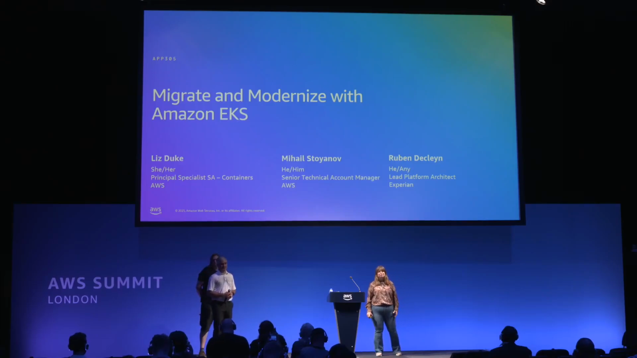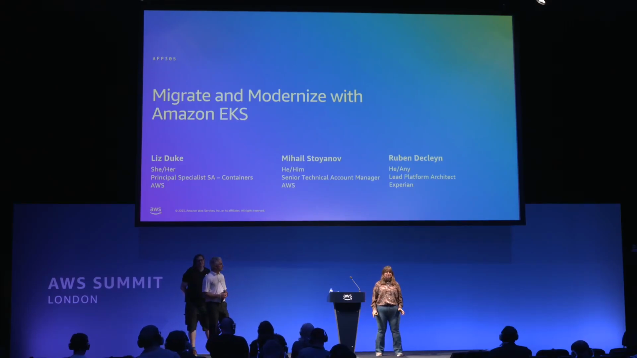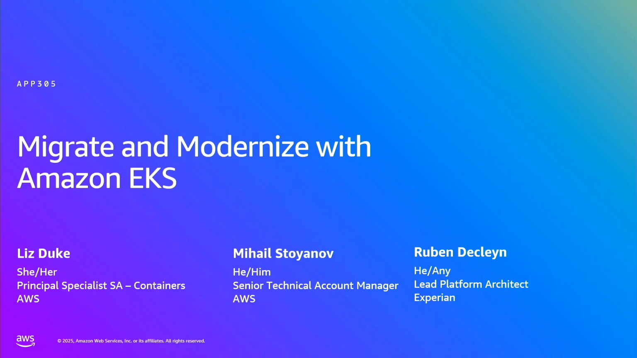Welcome to App 305, Migrate and Modernize with Amazon EKS. In this session, you'll hear about reasons why people modernize their on-premises workload with Kubernetes and how you can migrate those workloads to the cloud with Amazon EKS. We'll cover some of the benefits that Amazon EKS can bring, and also some common issues that EKS and Karpenter